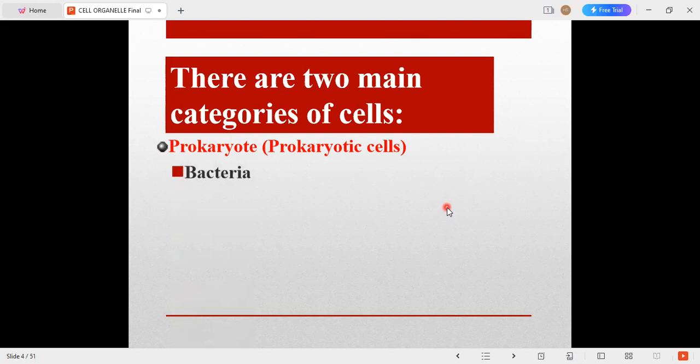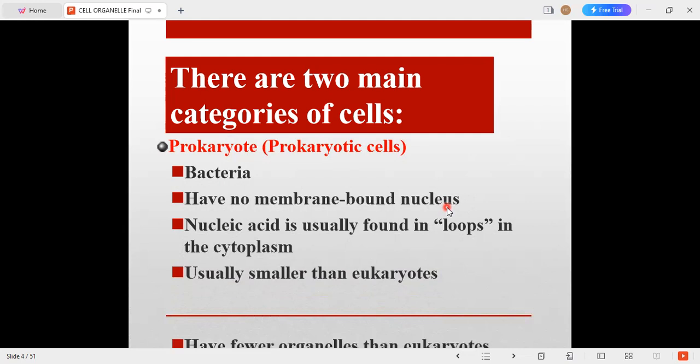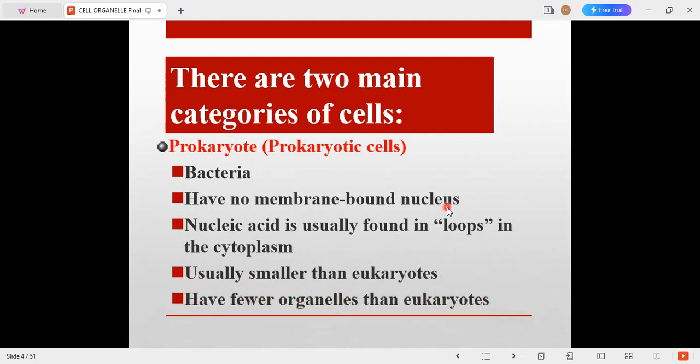Pro means false, meaning the organisms which have a false nucleus or which do not have a completely developed nucleus. An example of this type of organism is bacteria, which have no membrane-bound nucleus, and the nucleic acid is usually found in loops in the cytoplasm, and they are usually smaller than the eukaryotes and have fewer organelles than